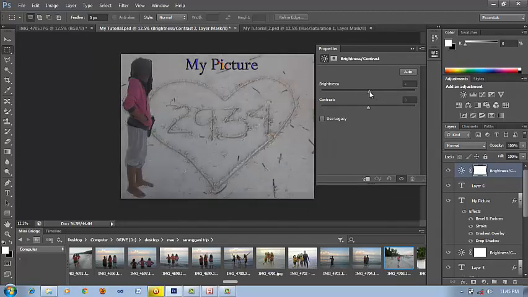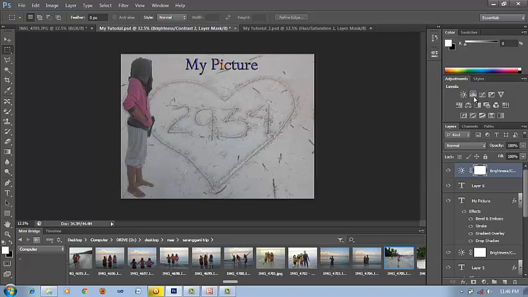Look at the photo for whatever brightness you want. So I'll put it to 30. Then the contrast, put it to 21.